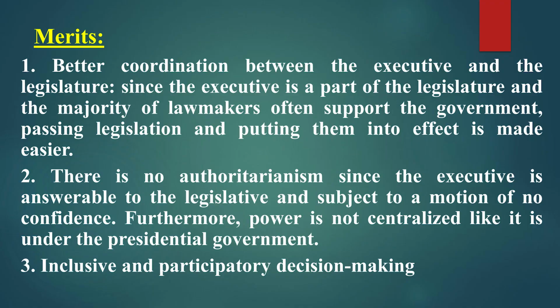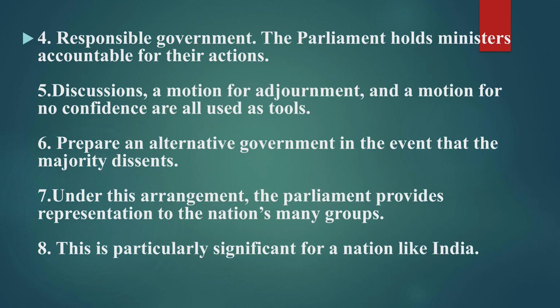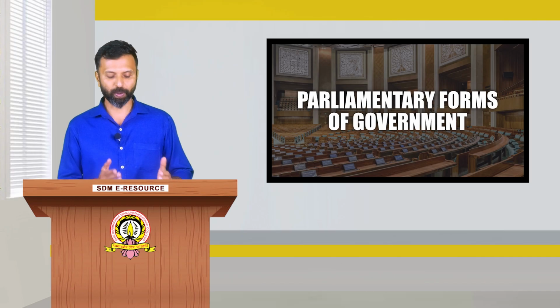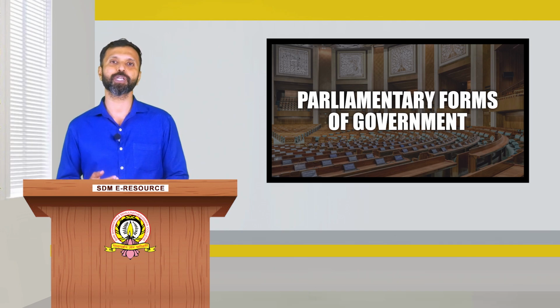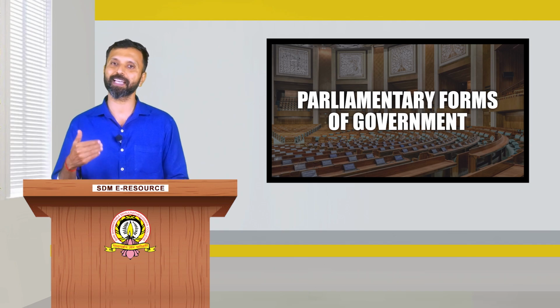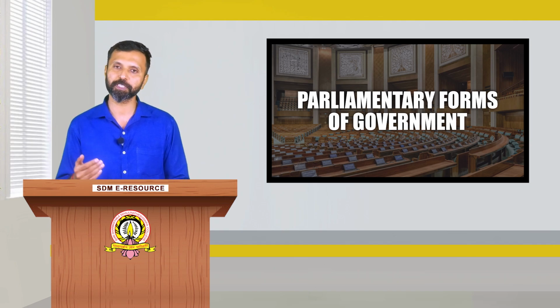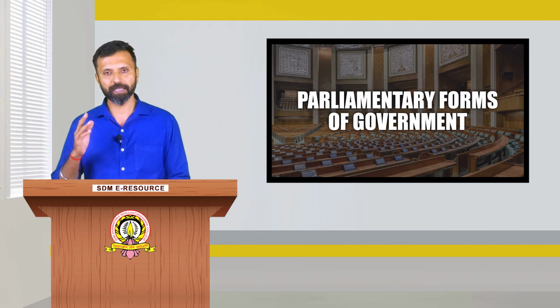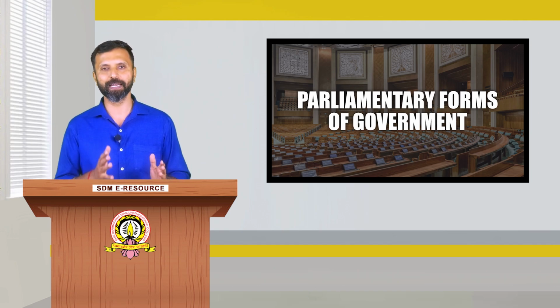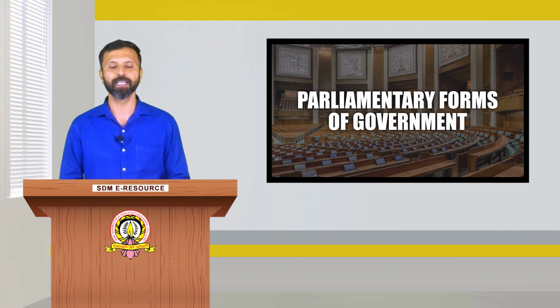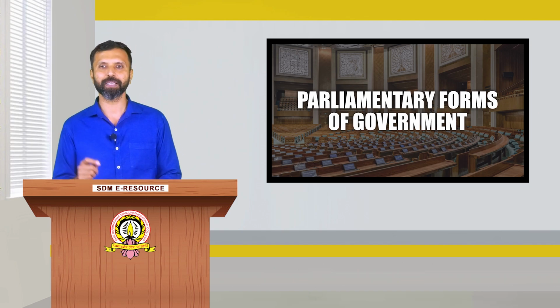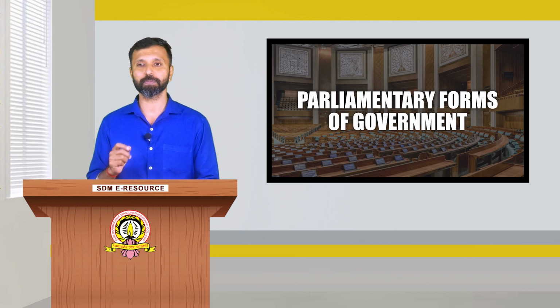And decision making is participatory. Another merit is a responsible government. It is identified as the parliamentary form of government because it is chosen by the people, and every minister is accountable to their constituencies and their people, and is responsible for their actions. And the majority of discussions, a bill, first reading, second reading, and even some motions of adjournment, can be conducted in parliament according to parliamentary procedures.